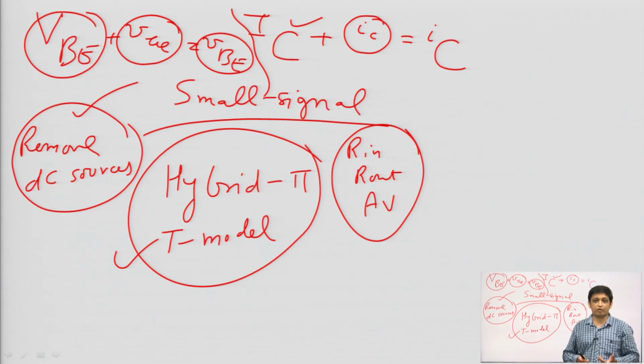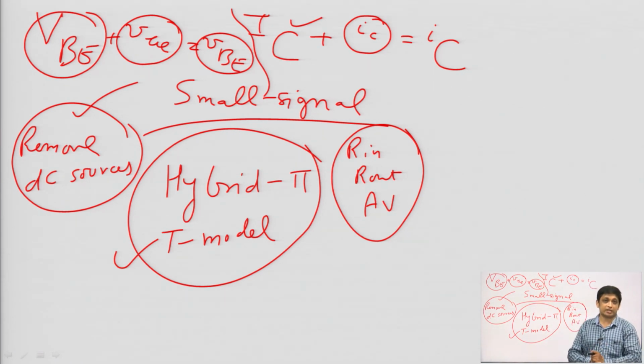To make sure of it, what we do? We do the biasing, that is your DC biasing. DC biasing is important in amplifiers to make sure that your operating point is in the middle of the active region. Once you have ensured that your operating point is in the middle of the active region, then you apply your input AC signal, and to understand the characteristic of the signal which we have applied, by how much quantity it is getting amplified, for that we need to calculate the voltage gain, for that we need to do the small signal analysis.